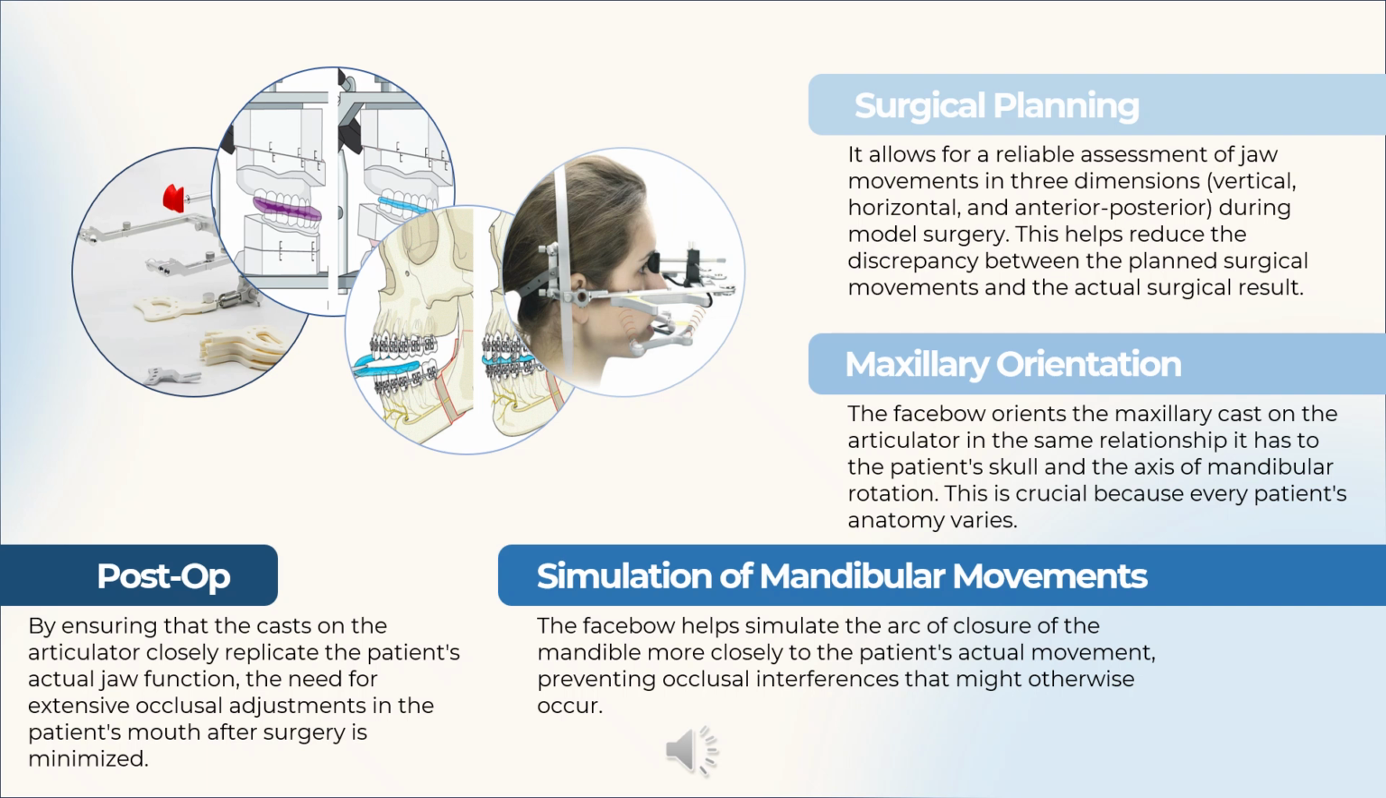In summary, the face bow is a crucial instrument used in orthognathic surgery to improve surgical planning, as it allows a more reliable assessment of the jaw movements in all three dimensions, which helps reduce discrepancies between the planned surgical movements and the actual surgical result. It also records maxillary orientation very accurately